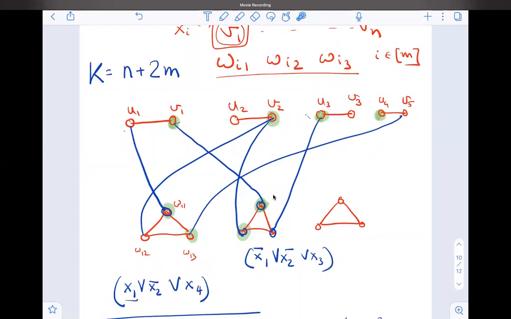I'll post a problem set on this set of reductions. You guys go over it as much as you can. We'll come back next class and do some more of these reductions. And this reductions concept is very important, the fact that you can do reductions from one problem to the other and so on.